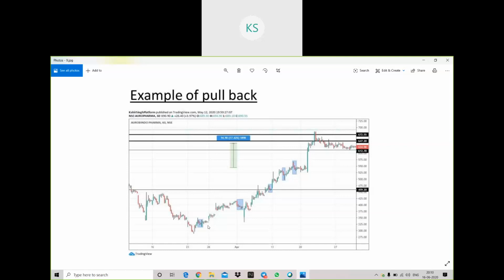After seeing a pullback in an upward trend, if you enter on the sell side after seeing a red candle here, you will be stuck, because this downtrend will last for a very short part. The main trend is in upward direction, and if by mistake you enter on the sell side, you will not get a chance to exit. You will be waiting for your SL, but if you have not placed it, the stock will move very fast and you will have to book higher losses.